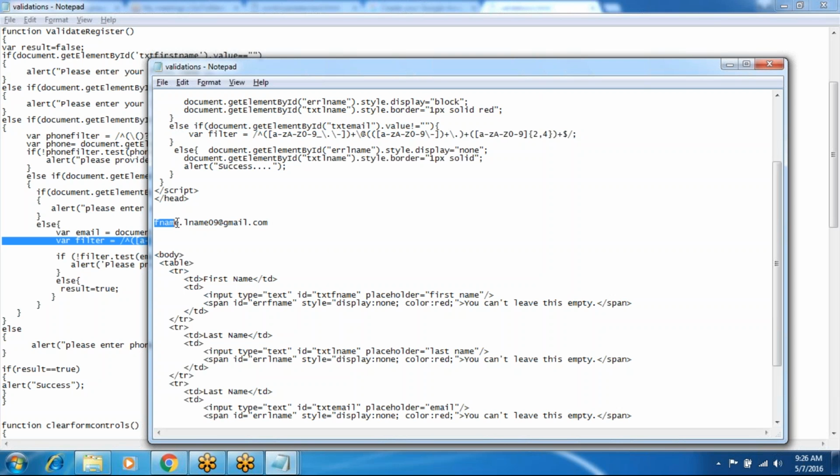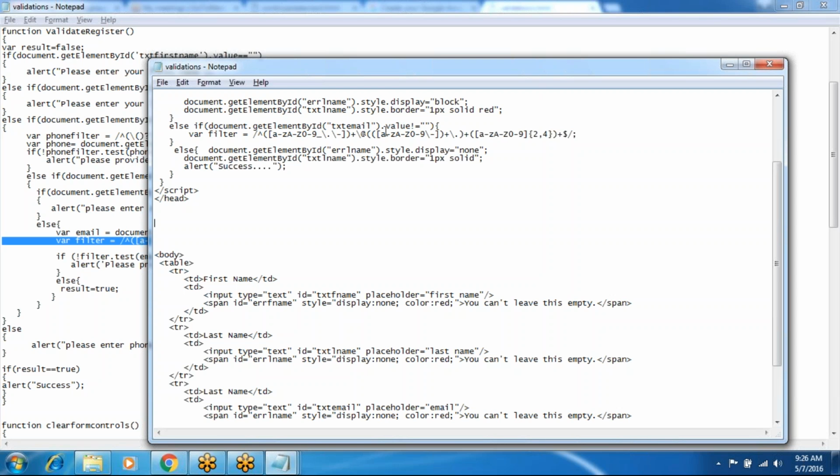The first name can be small a to z and dot also it will accept, and last name and numbers 0 to 9, you can accept any value before the at the rate. After the at the rate, Gmail or any domain. After that you can enter only 2 to 4 characters, .com or .org or .in or .edu. Okay, the email format is like that.